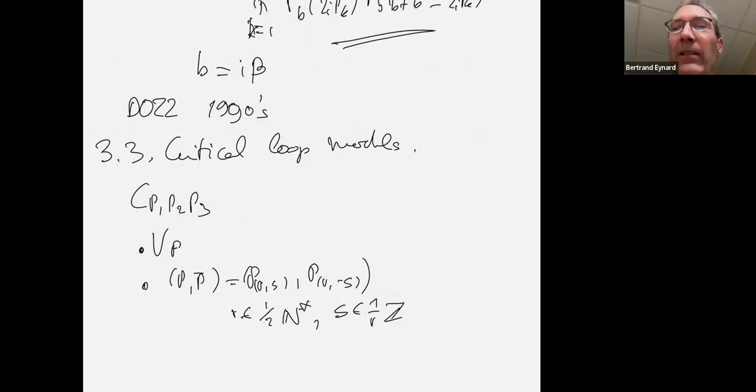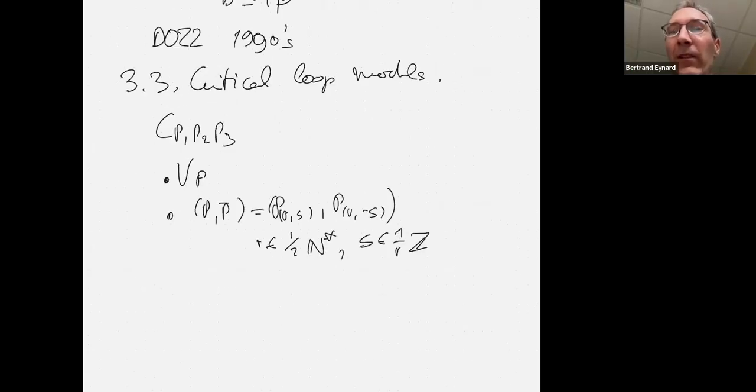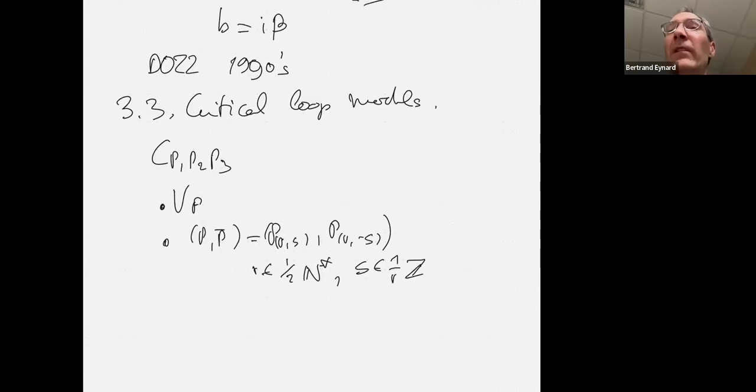Since we find that we have the same structure constant, C P1, P2, P3, as in Liouville theory, some people have thought that maybe loop models are closely related to Liouville theory. Maybe loop models are some extension of Liouville theory. But in fact, that's completely wrong. The reason we have the same formula is just because this formula is the solution of some universal problem. It follows from our assumptions, basically from crossing symmetry, degenerate fields, etc. So the fact you find the same formula in various CFTs does not mean that these CFTs are